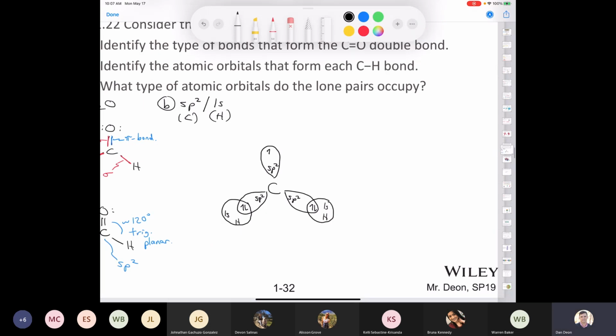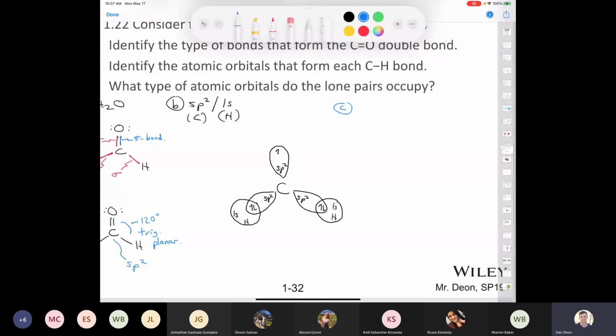If I look at the oxygen, it is 1s2, 2s2, 2p4. So I've got a 2s orbital and three 2p orbitals. I've got 2 electrons in the 2s, and I have 1, 2, 3, 4 in the 2p. Well, in order for me to have the oxygen having the lone pairs and the sigma bond in degenerate orbitals,